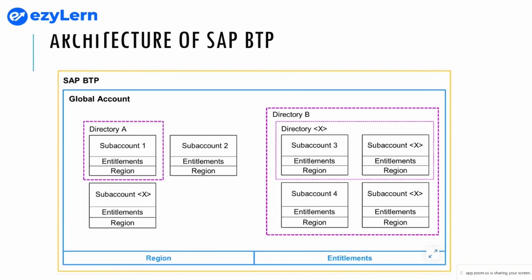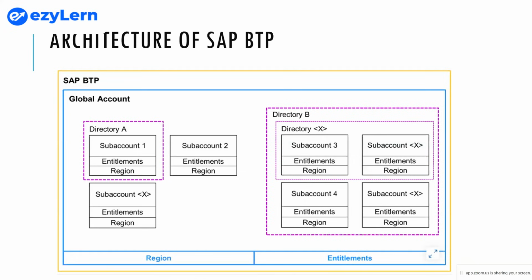So for each sub account, you select exactly one region itself. So for a sub account, when you're creating it, you have to ensure that you give that particular region. If you are selecting one specific region for one sub account, you can select another region also for another sub account. Can I select the same region? Of course you can select.